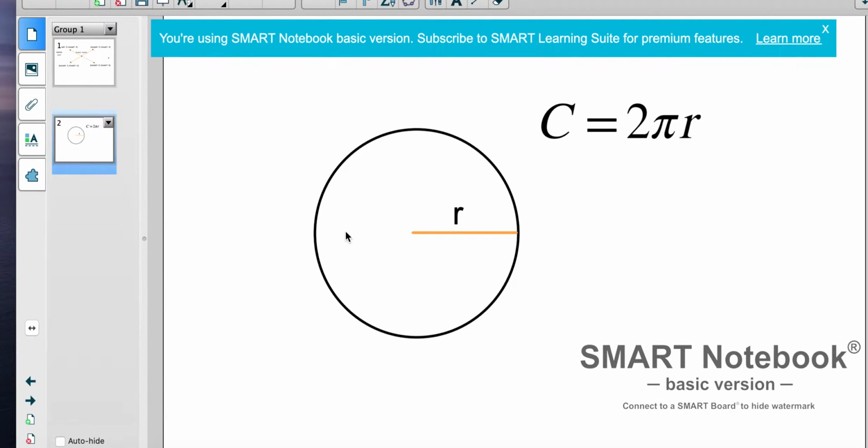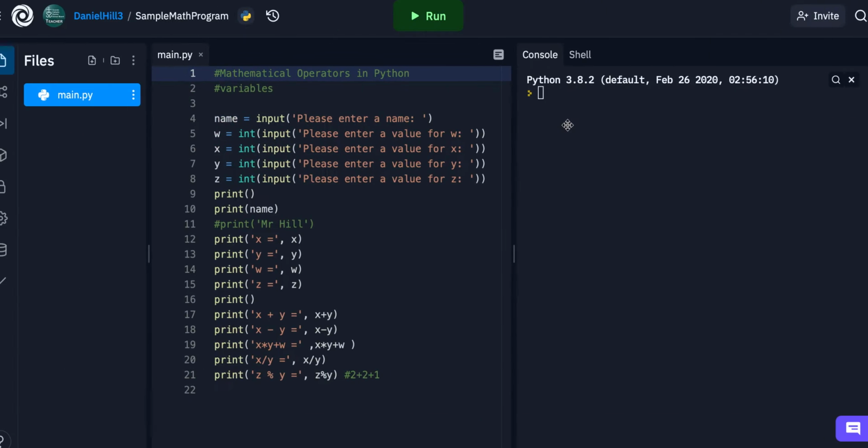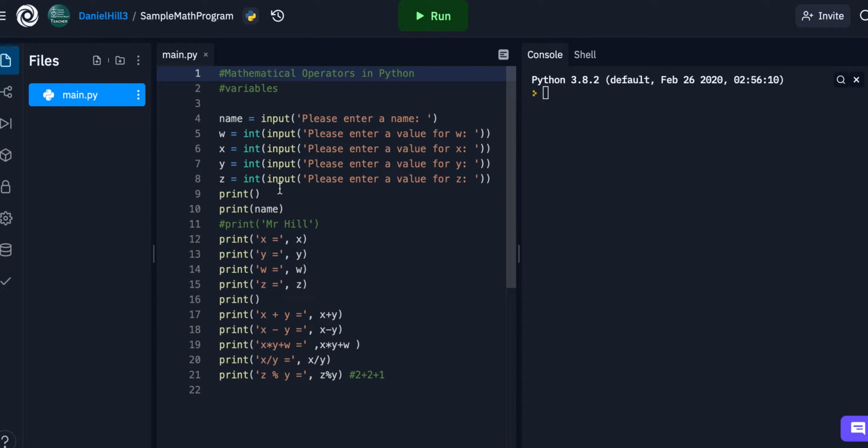Sometimes you might see a diagram with a diameter. Anyways, there's ways that we can deal with that too. But for starters, we're just going to deal with a simple equation where we require one variable to compute the value of the dimension that we're looking for, and that's the circumference. Okay. So to review some of what we covered last time,